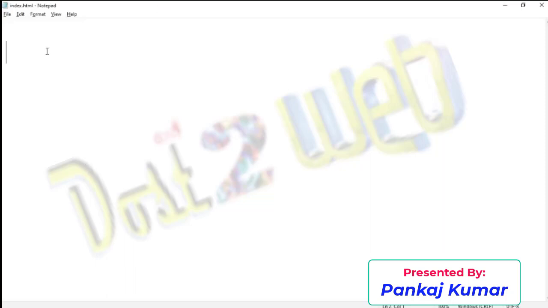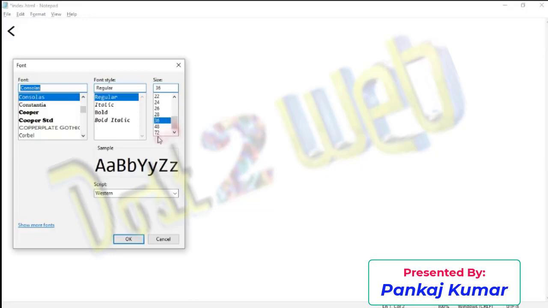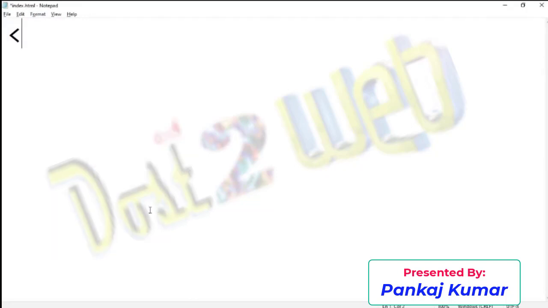Now, as I mentioned, use the tag symbol. This is called the first step. Use a font size that is better. This is called a tag. Now use the exclamation mark symbol, write doctype and write html.